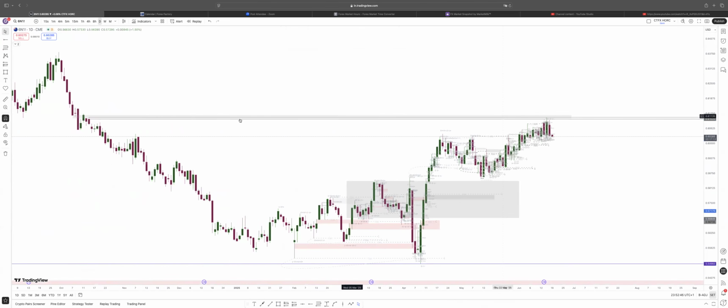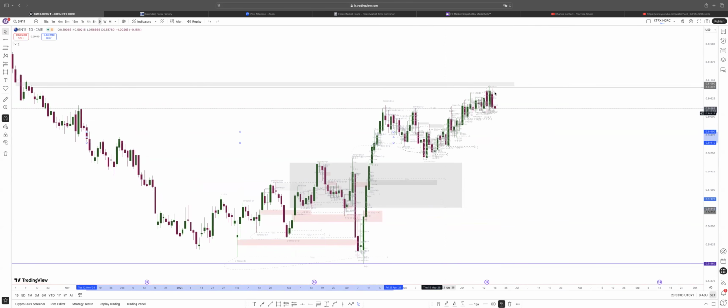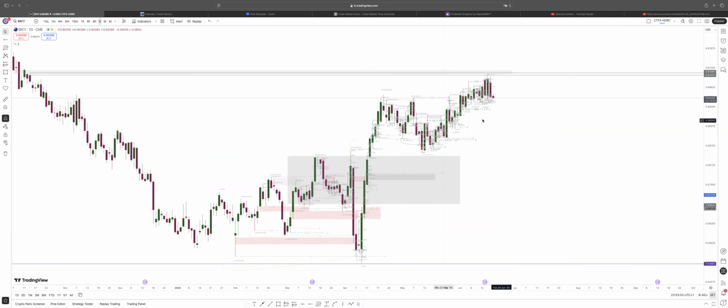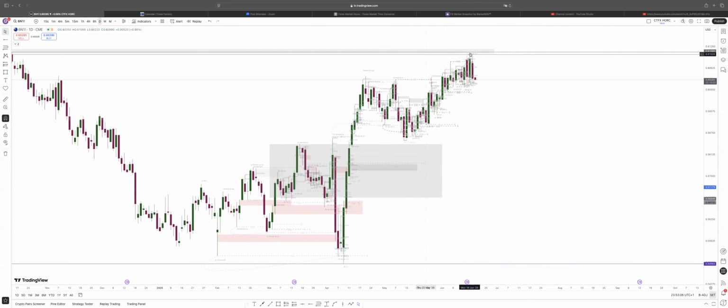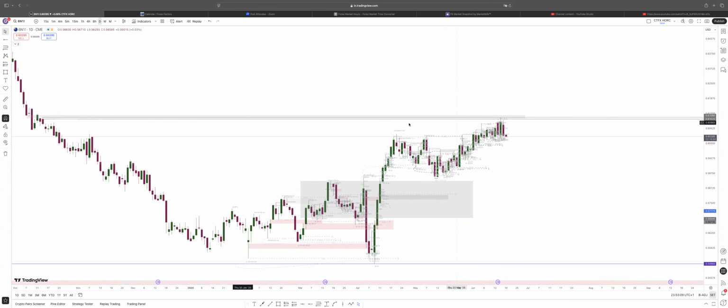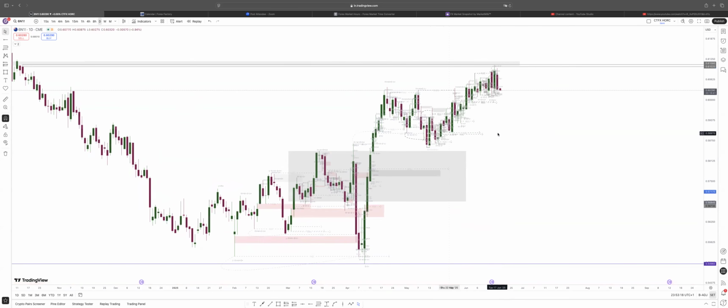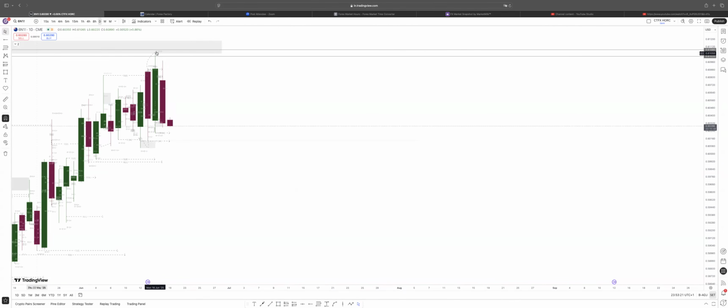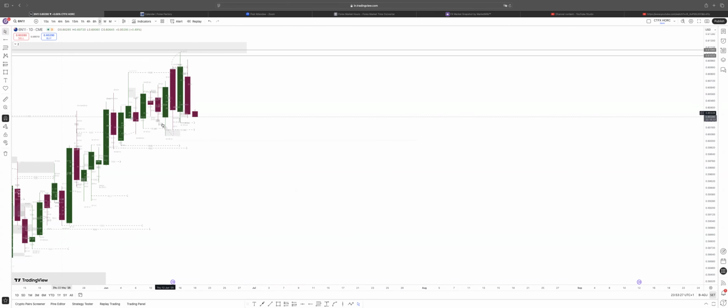If you go to daily to refine that, you find out that there was this daily rejection block inside that vacuum gap. So you can use that rejection block, that is the open of this red candle to the high of the vacuum gap, as your entry and stop loss. You can see it entered just that daily rejection block inside this, and also you can see it also tapped the weekly vacuum gap. That was exactly what it went for, and then it started selling from there. The moment I saw that rejection from that place,